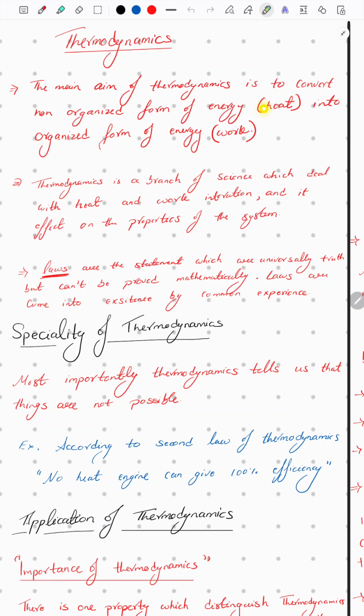What is non-organized form of energy? See, that is defined as the viewport you are looking in. But heat is a form of energy which is very diverse. Heat is very random. We can also say heat is not a very concentrated form of energy. Concentrated form of energy is work. Like if there is a shaft, then the energy will flow on the shaft. Okay, it will give the torque along the shaft line.